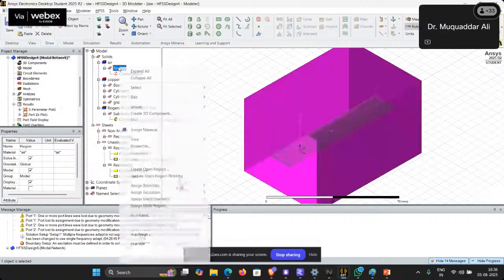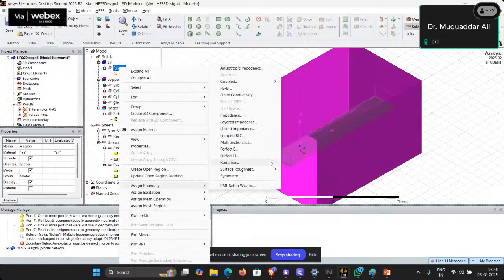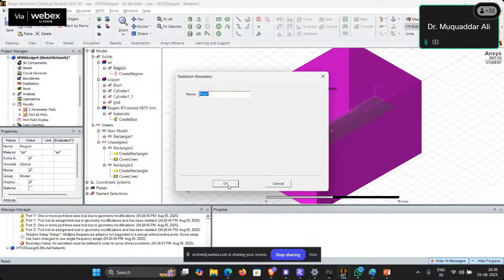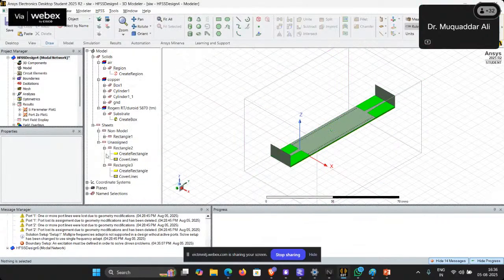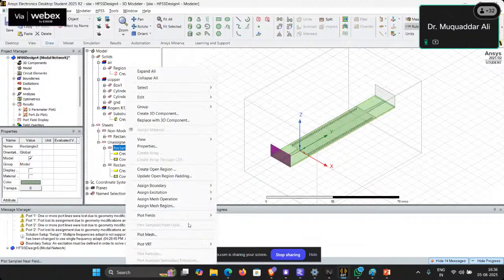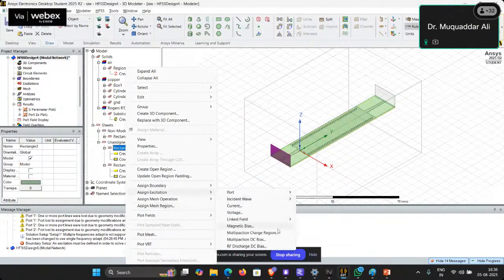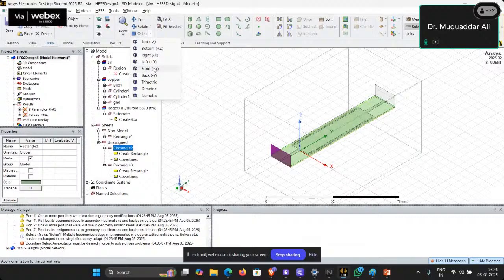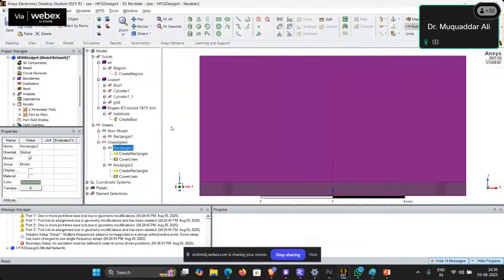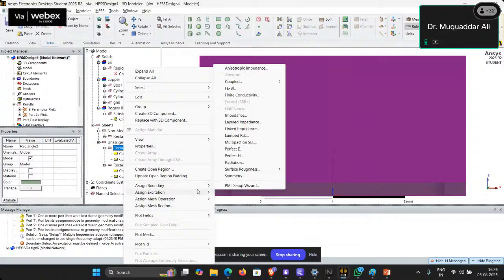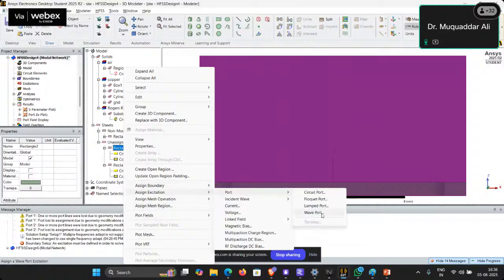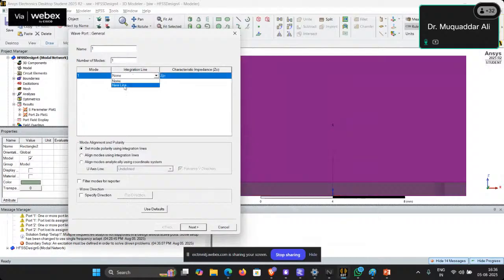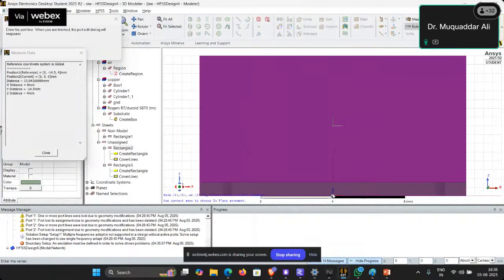and we select this region and apply the boundaries. Then we select this port 1 and apply the excitation to wave port. Okay, in order to design we need to go here, select one, and fit this one. Now right click here and click excitation port, wave port. From wave port we will select this new line starting from 0